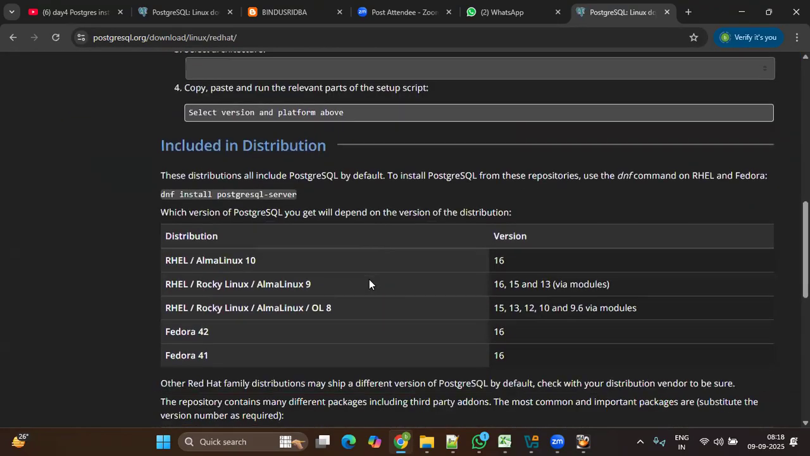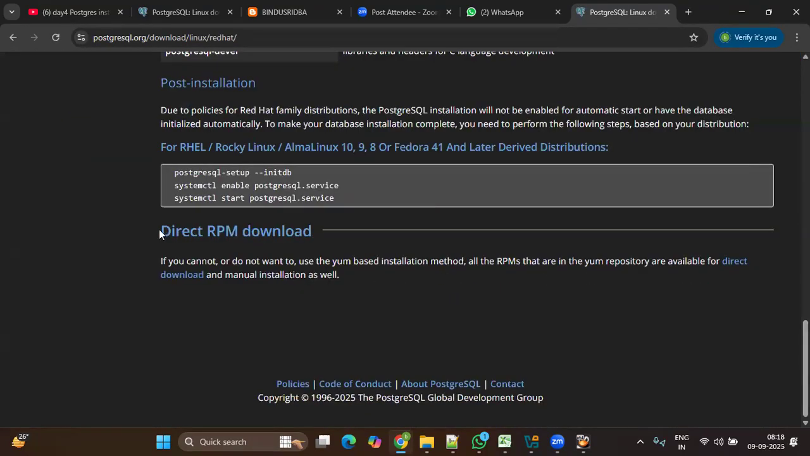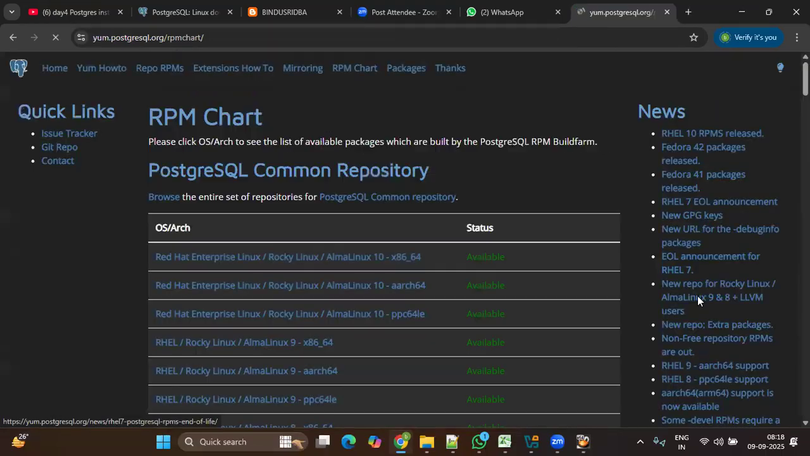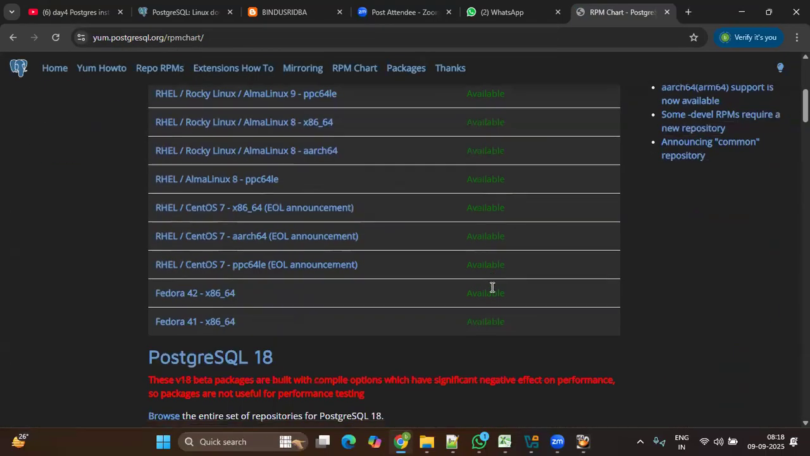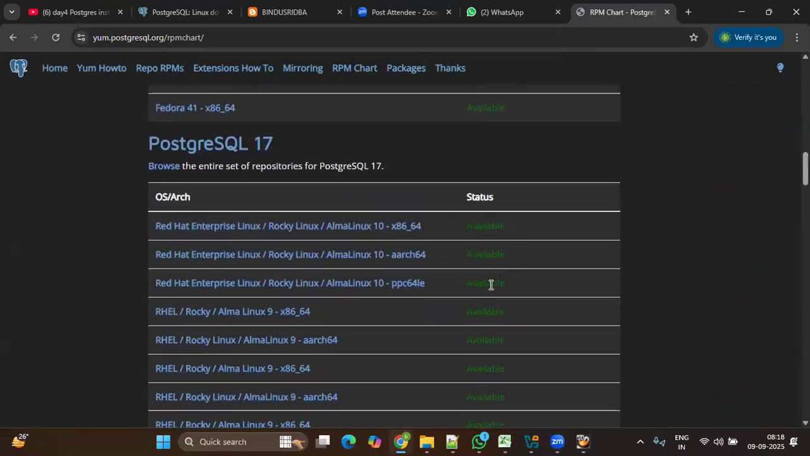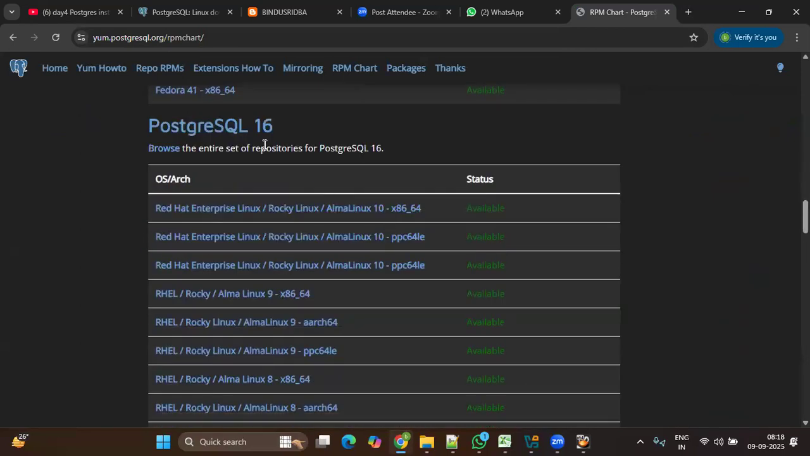Okay. So you can see, come down, last, direct RPM download. We need to download the software for the RPM method. So click on direct download. You can see PostgreSQL 18, 17, yes, 16. So which operating